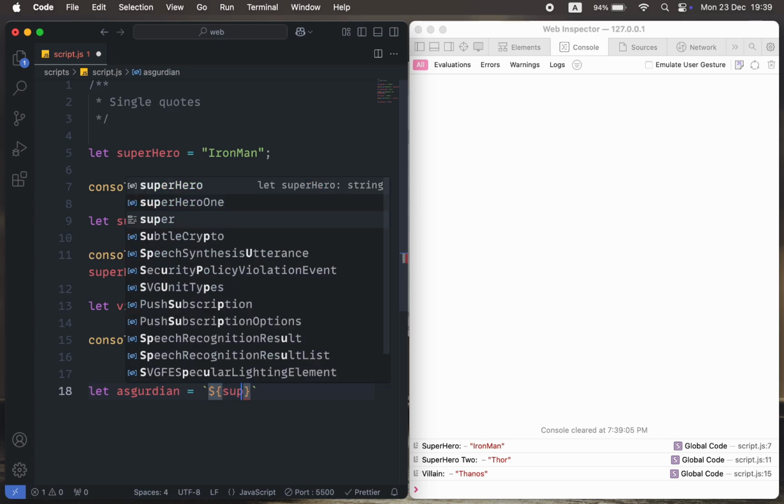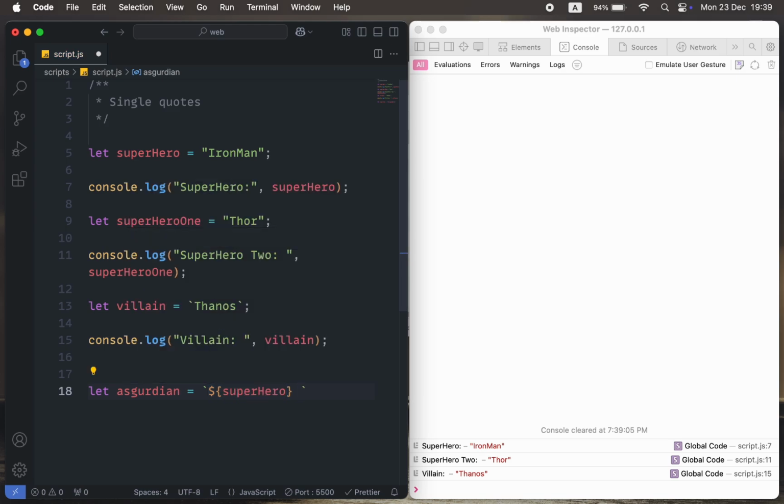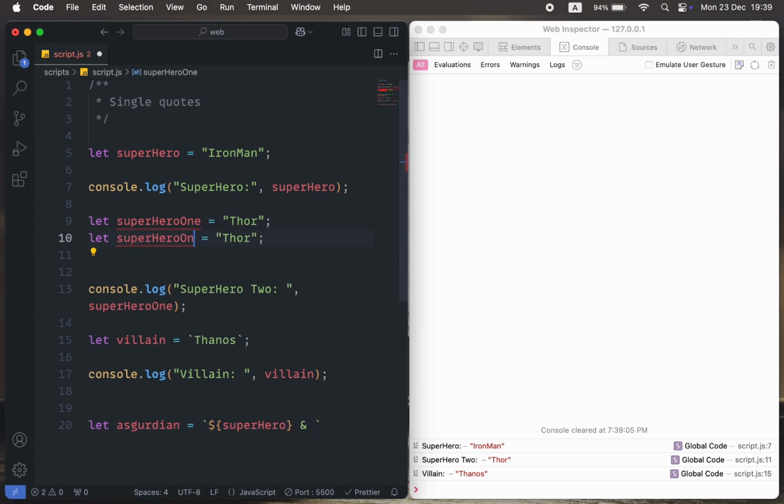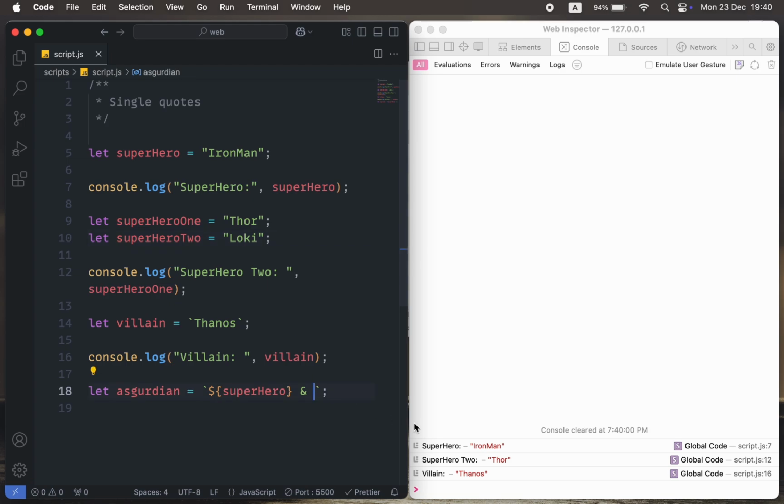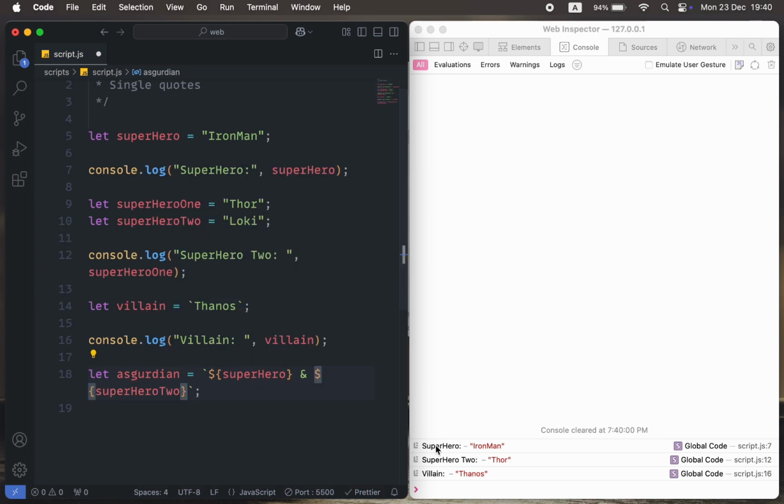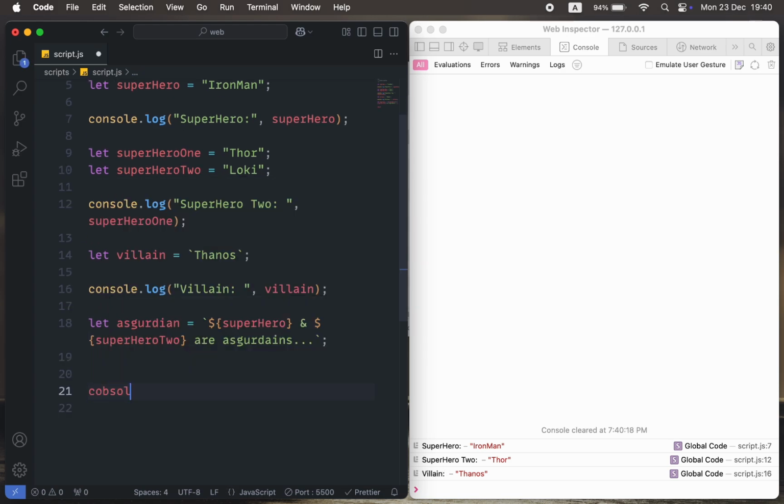Let's say superhero 1, and let's say I have superhero 2 as well, who is Loki. And superhero 1 and superhero 2 are Asgardians. So when I try to print the Asgardians,